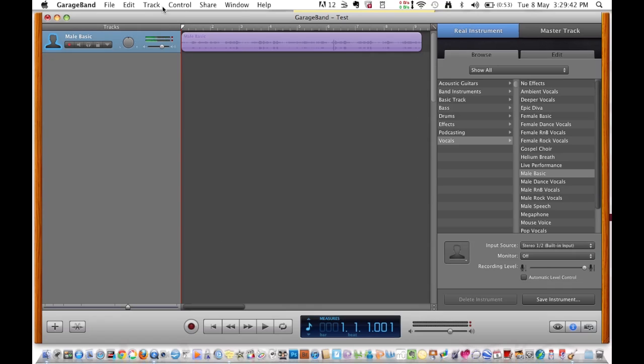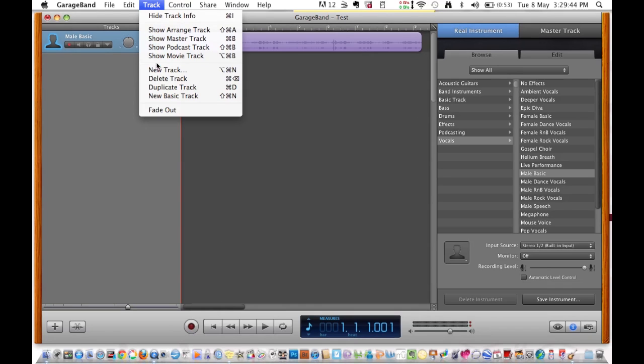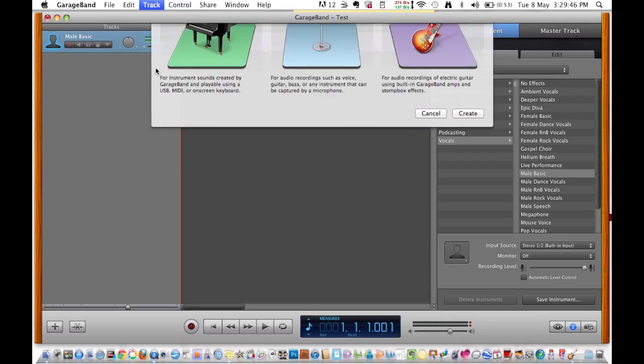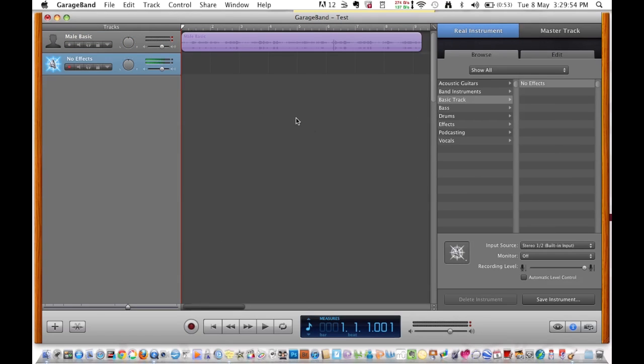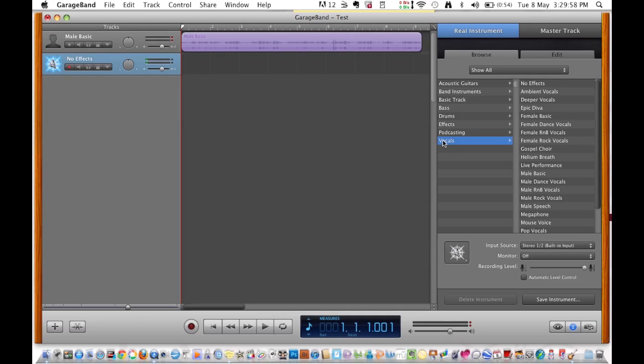So what we want to do is to create a new track, and sure enough, new track. It's asking us, yes, real instrument, and you can see here, voice, that's what we want. So we create, and it says no effects. So we come over to vocals, and again we just click on male basic,